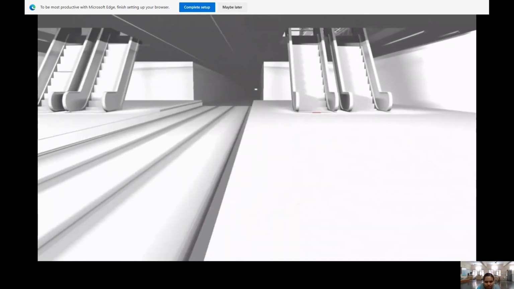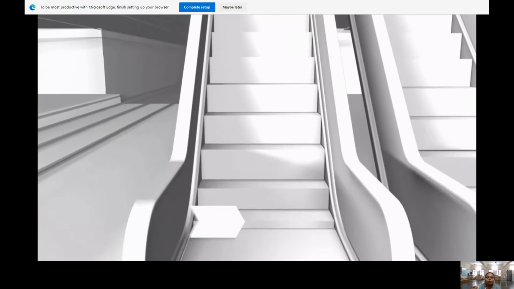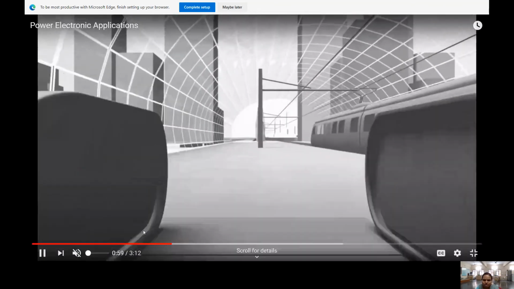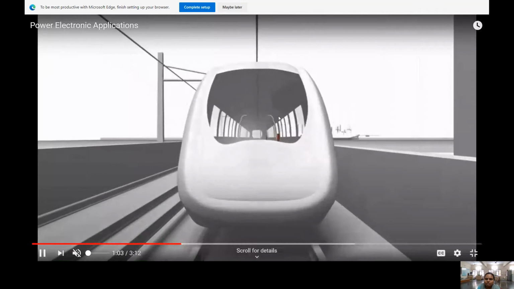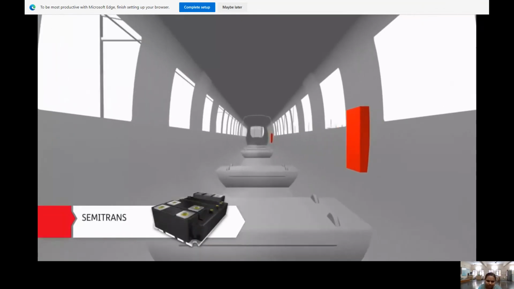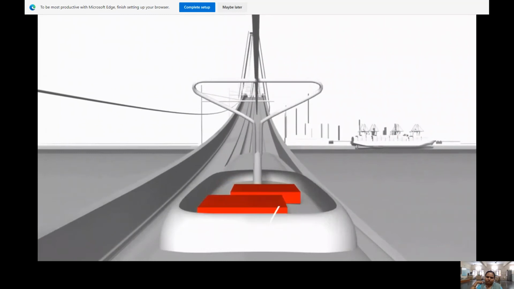Again in the elevators also, because it's always moving, step by step it has to move by using different switches. Here it is shown how different switches are going to be used. Not only switches, the power electronic device I can tell of that is the semiconductor train, in different applications we are going for.